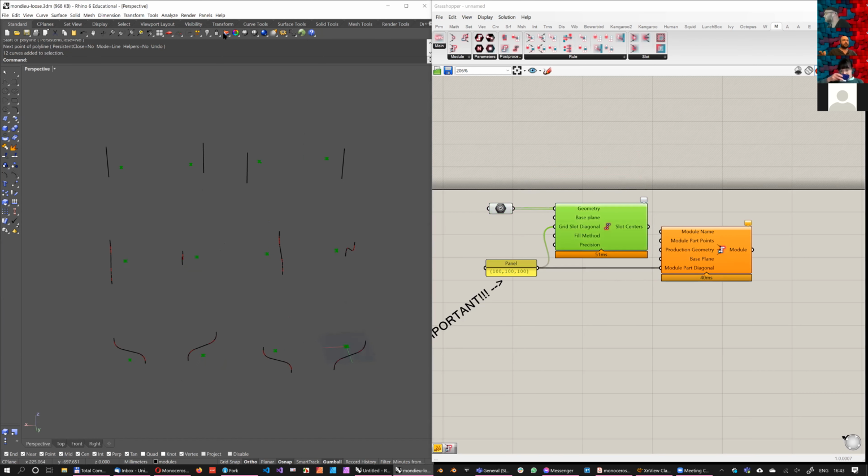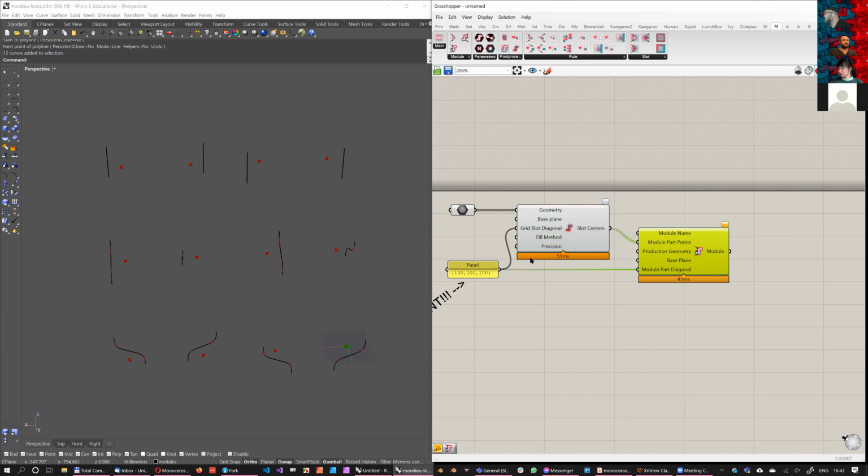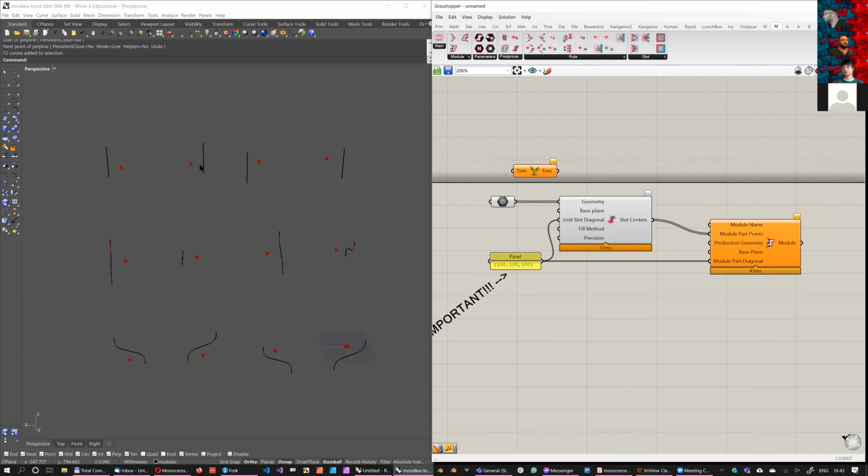I will plug in this. But now, to make it really simple, the simplest thing would be to graft. For those of you who don't know how to use data trees,